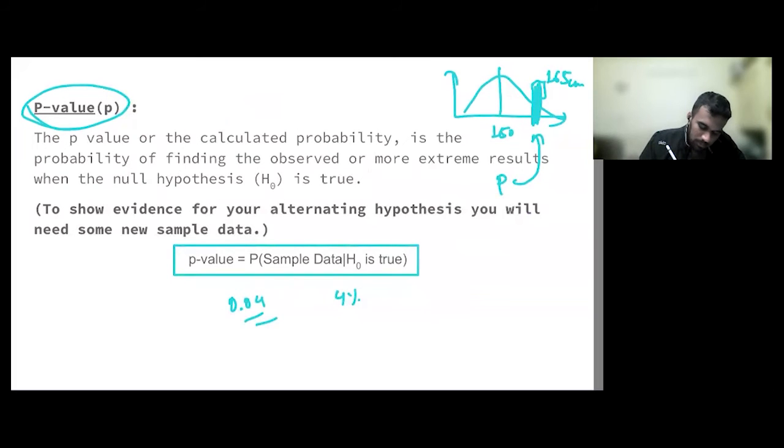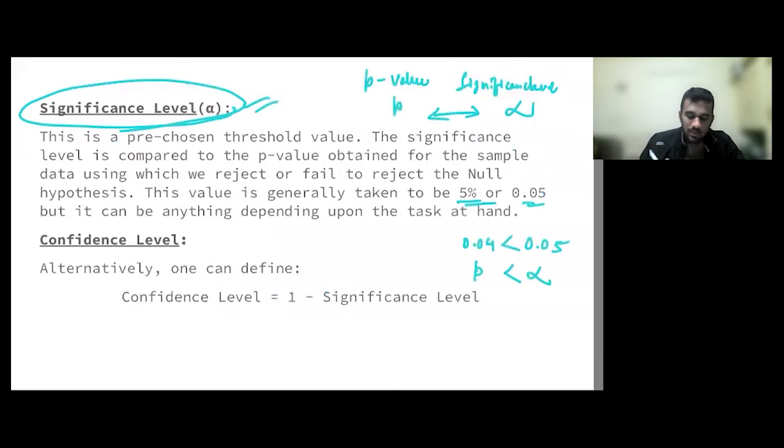Okay, let's take another case. What if the p-value was 0.06? Or the probability was 6%? Let's say this is case 1, this is case 2. The p-value is greater than alpha. That means the probability that there are certain 100 people at that market whose height is 165 centimeter, that is greater than the city's average, is greater than 0.05, the probability of having that particular population. Then we can say that our null hypothesis is still holding. So we cannot say anything about the alternate hypothesis, but we are failing to reject the null hypothesis.